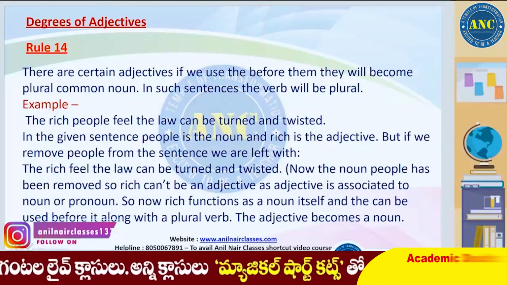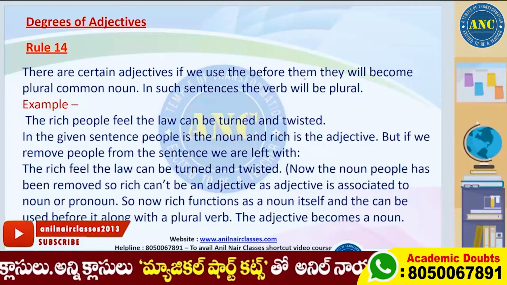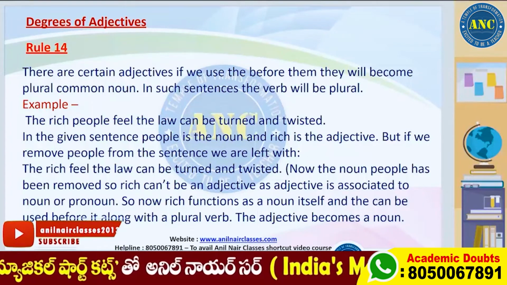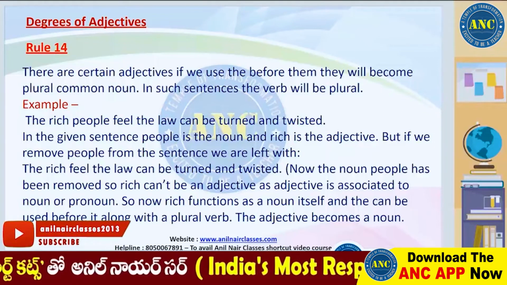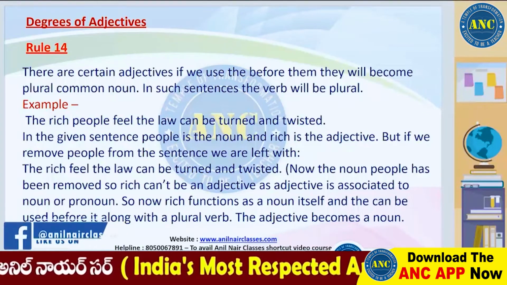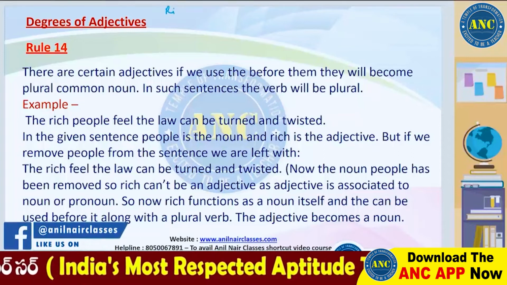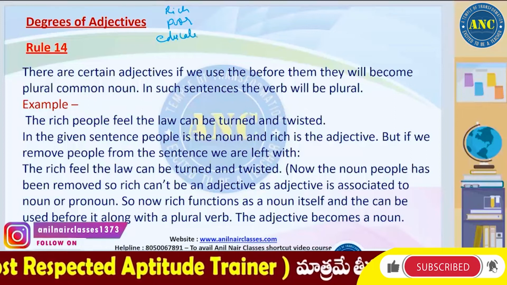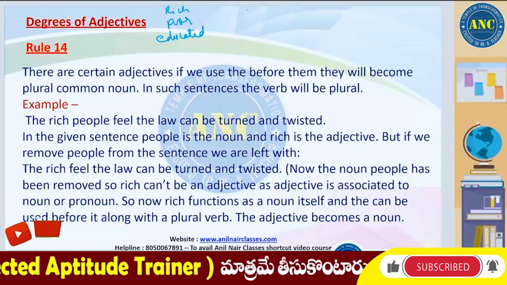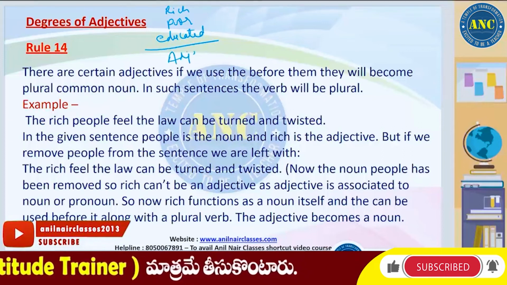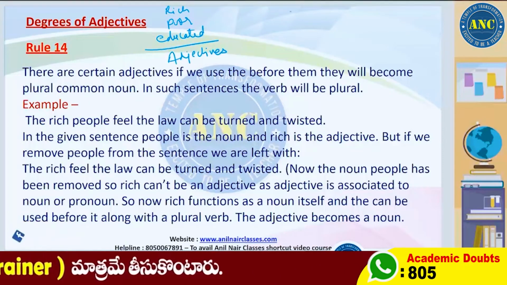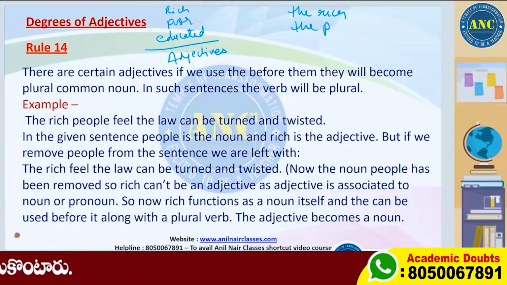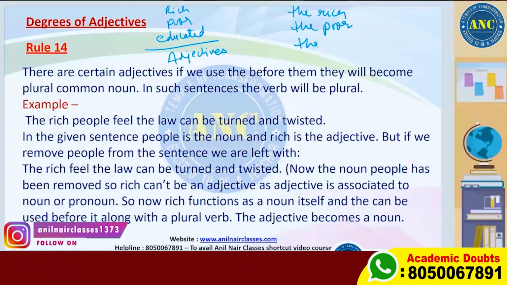There are some adjectives which, if you use the before them, will become plural common nouns. If they are adjectives only, but you add the, then it will be a plural common noun. And since they are plural common nouns, we have to use the plural form of the verb. Like, see, if you say rich, poor, educated, these are all pure adjectives. Now if you say the rich or the poor or the educated,